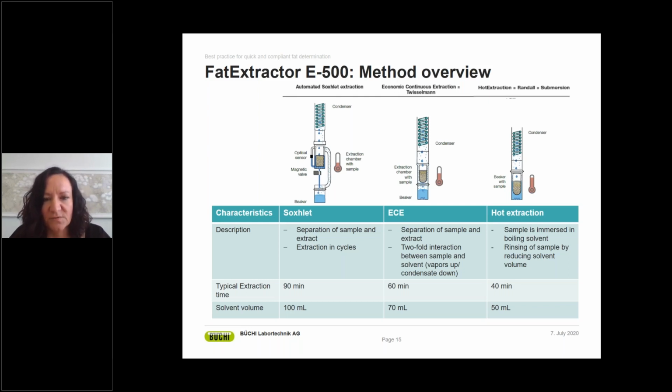For the economic continuous extraction or the Twisselmann extraction, we also have the separation of the sample from the extract, but it stands directly on top of the boiling solvent. So the sample is heated up by the solvent vapors